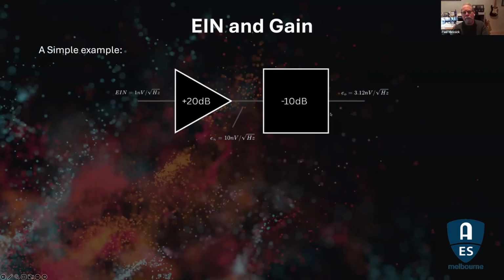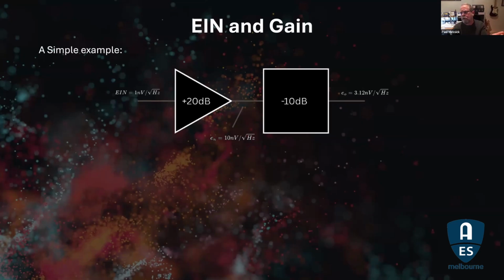So in an amplifier, you have this idea of the effective input noise. It's like you have a perfect amplifier and there's a noise source at the very input. So we refer to it as EIN. And when you're going to design an amplifier, you have a couple of choices. If you just wanted 20 dB of gain, then we wouldn't have this 10 dB pad there and everything would be fine. But you have a 20 dB amp in your hands and you have a 10 dB pad and you need 10 dB of gain.